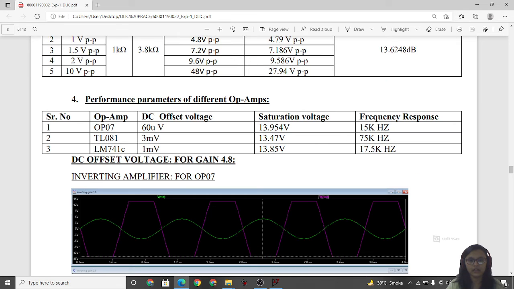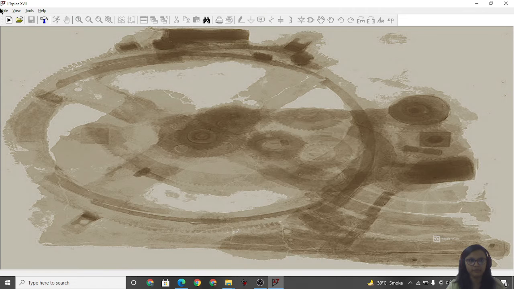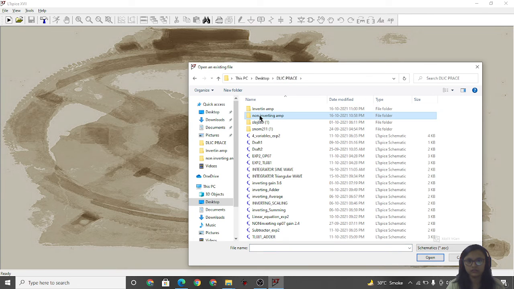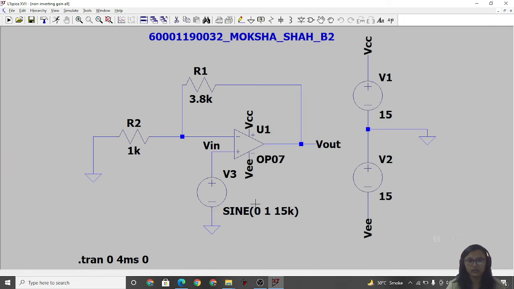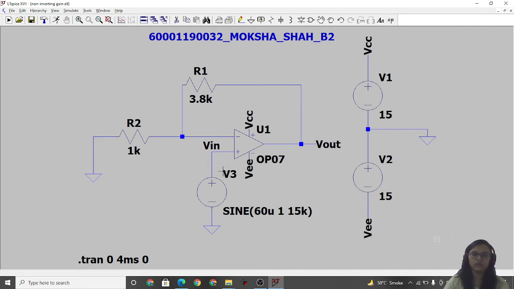Now I'll show you all the DC offset for the different op amps. So I'll be opening my file again. I'll be giving an offset of 60 micro. This is because the OP07 typical input offset voltage is 60 micro.